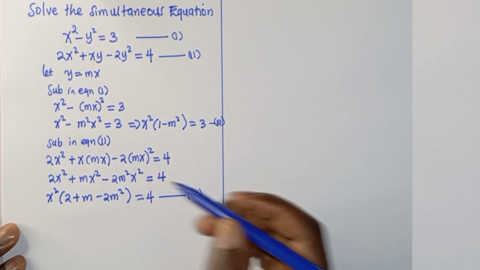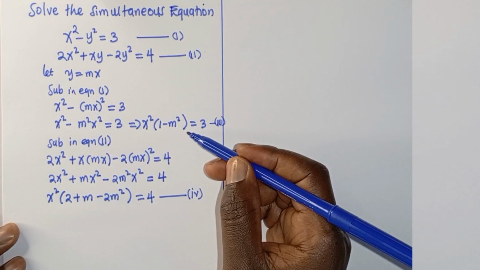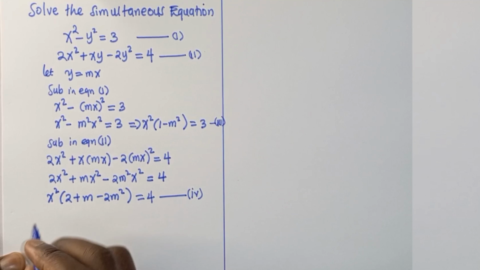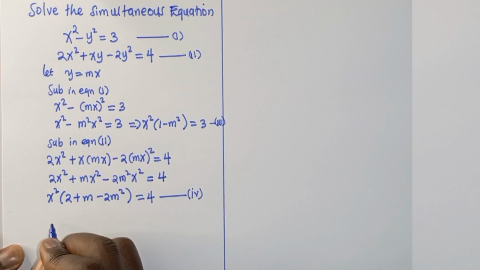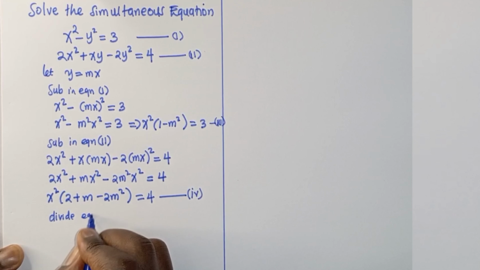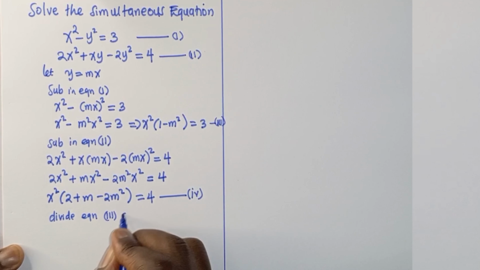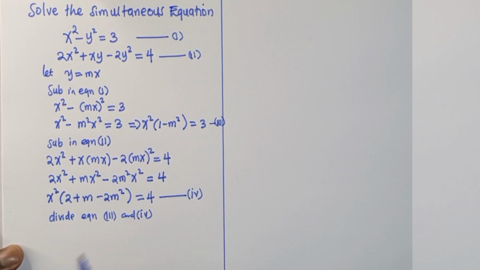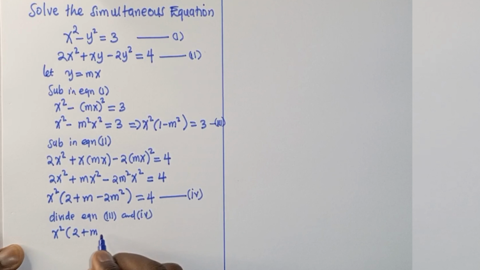Now if you look at equation number 4 and equation number 3, we can divide them to remove x square. So I say divide equation 4 by equation 3. Whether you want 3 up and 4 down, here we have 4 up. So x square into 2 plus m minus 2m square is equal to 4, over